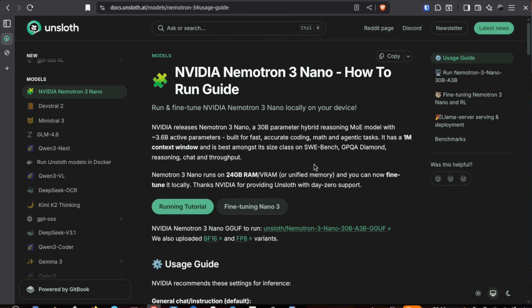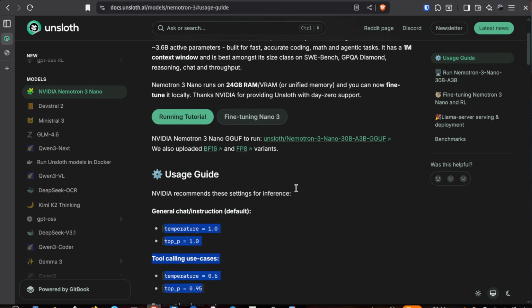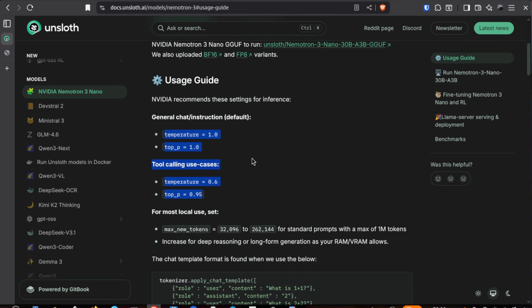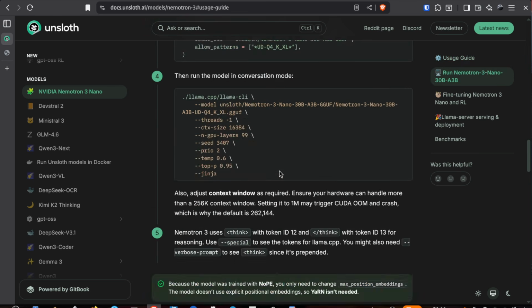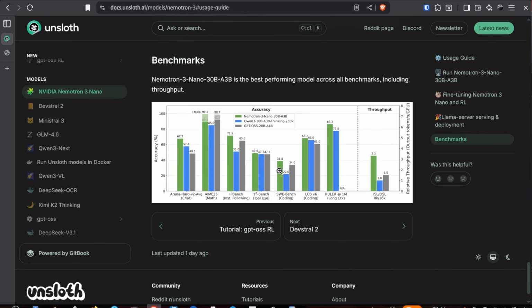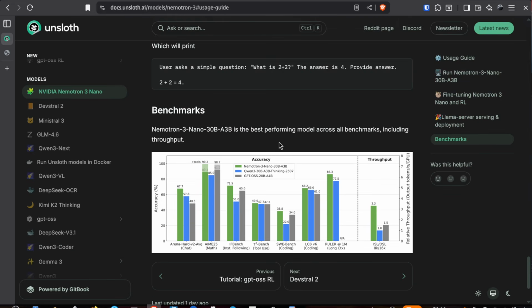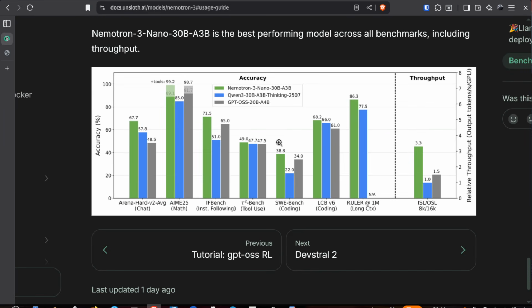I followed this guide from Unsloth, and I will use the quantized version of this model. So I have forced these parameters, temperature 1.0 and top P 1.0, and we will do some tests to see if it is really good or not, especially compared to